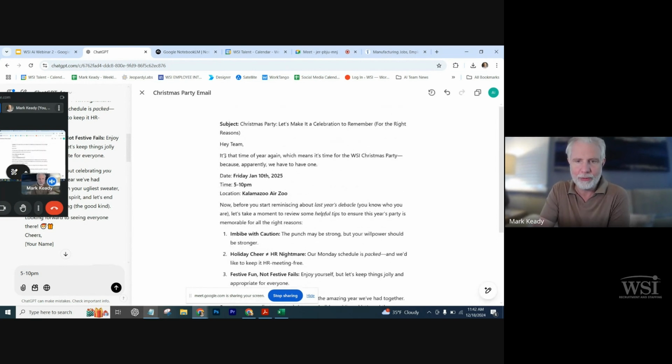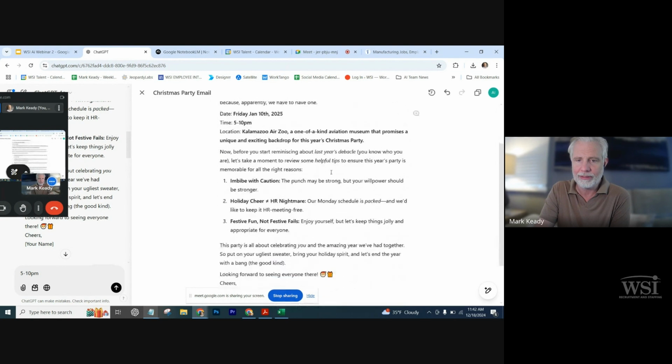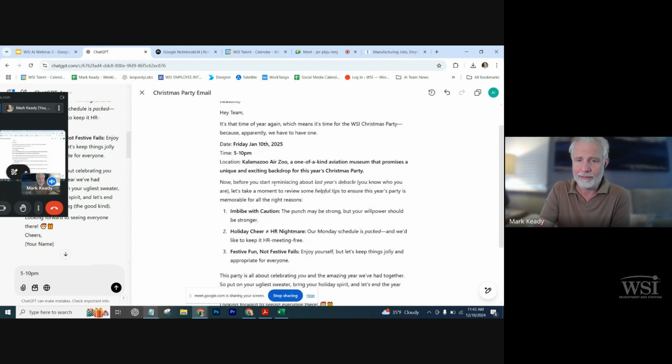Canvas has a lot of fun tools to work with as well. And so if you come down here to the right, you can see suggest edits, make it longer, make it shorter, change the reading level. Maybe you want to write it for college level. Maybe you want to write it for 8th grade level. Format it, polish it, add emojis. So let's go ahead and add some length to it. And we'll just make it a little bit longer. For reading purposes, we can see it's finding places to add a little length, not much length, that's for sure.